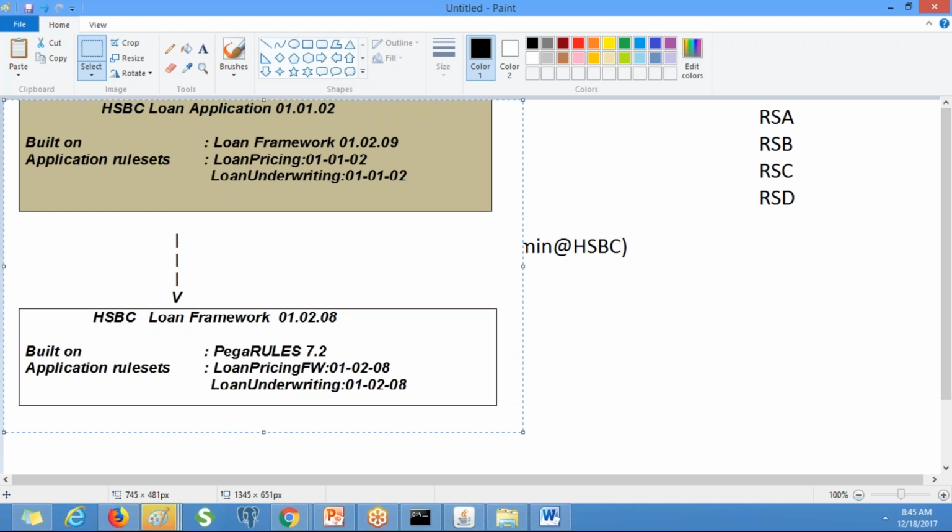By default it will be 0101. At a later point of time, we can create a new application with a different version. Suppose here I have an HSBC loan application whose version is 010102. This application is built by using HSBC loan framework.